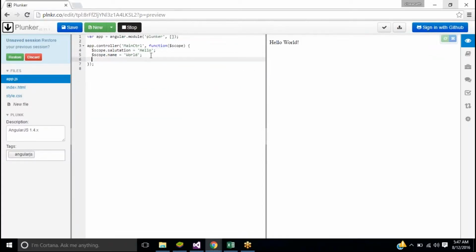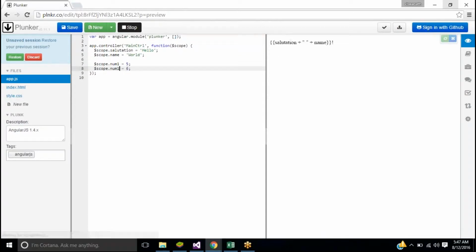So we can have $scope.num1 equal to 5, and I can have another scope variable which is 6, and let me call it num2.